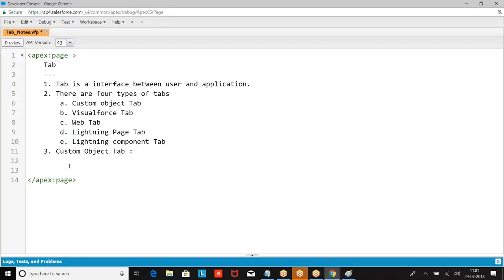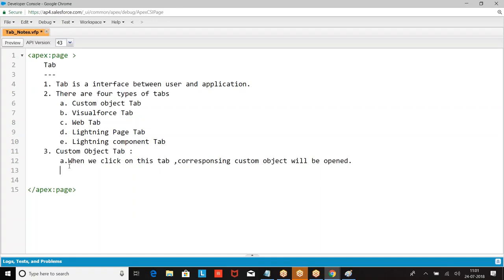Custom object tab. When we click on this tab, the corresponding custom object will be opened.